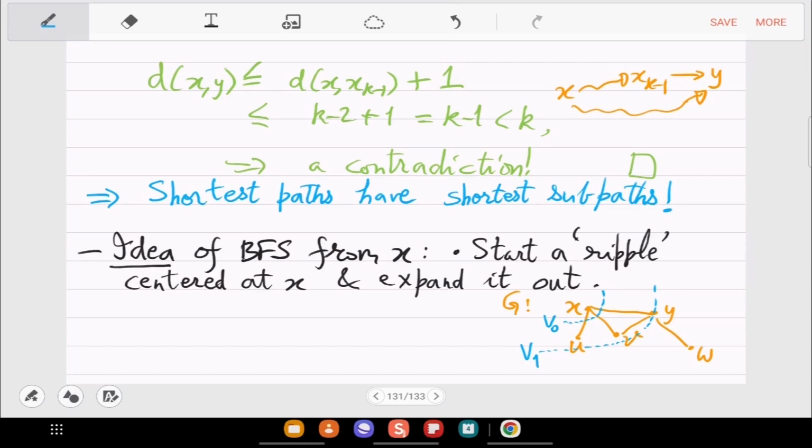So when you expand from here, expansion means that you look at all the neighbors of x, that is u, v, y. Put them in V1. Then you look at all the neighbors of u, v, y, all the neighbors of basically set V1. So in this picture, that is only W. Is that correct actually? Neighbors of V1 are?